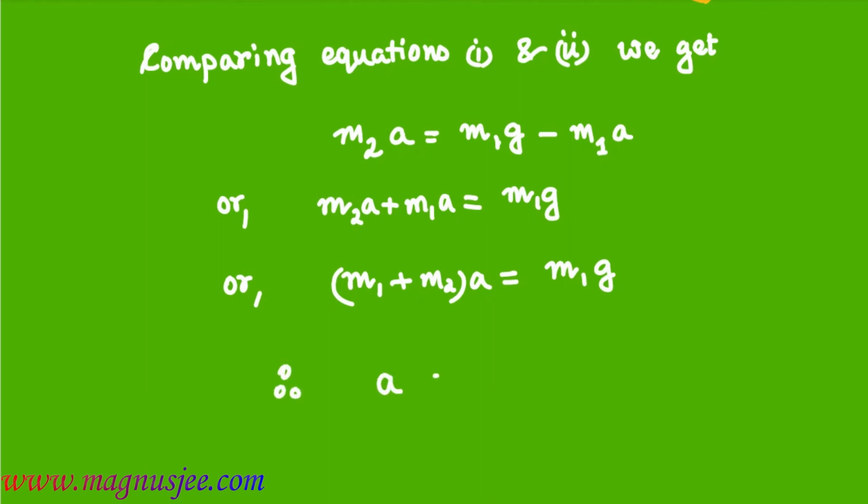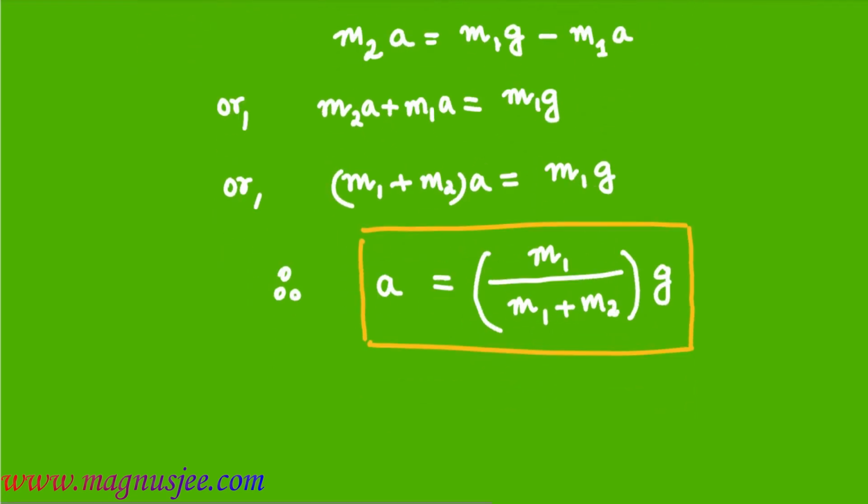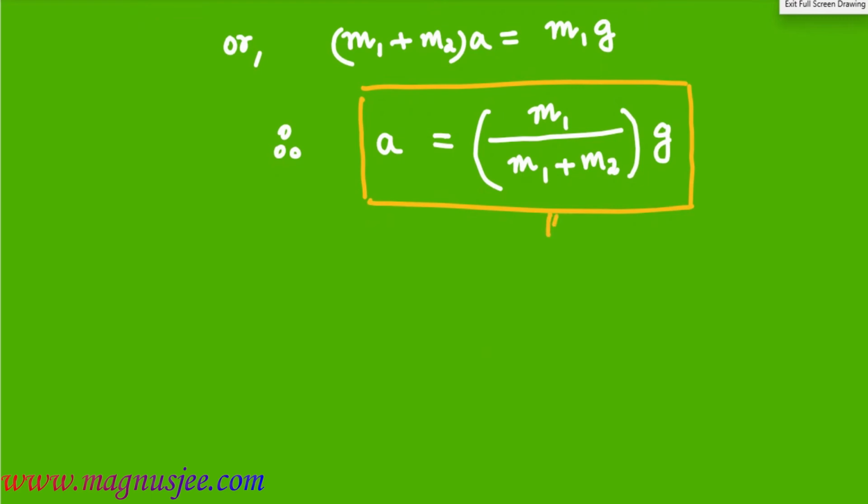Therefore, a equals M1 divided by (M1 plus M2), into g. A equals M1 divided by M1 plus M2 into g. That is the common acceleration of the two bodies